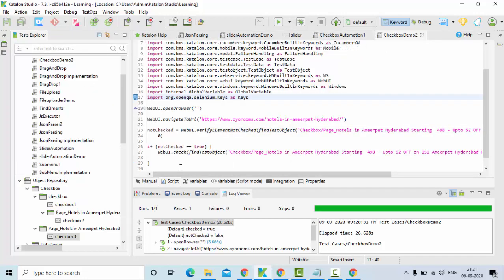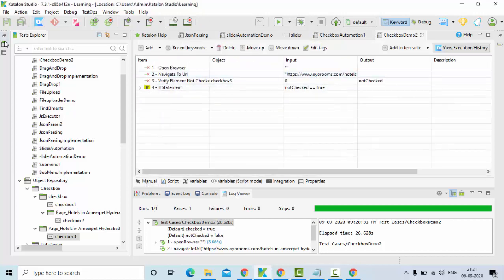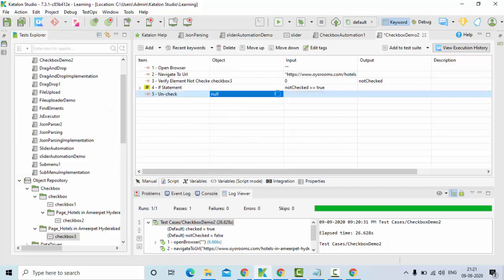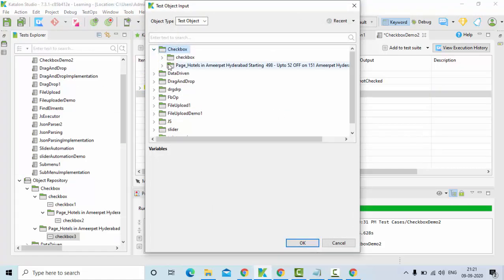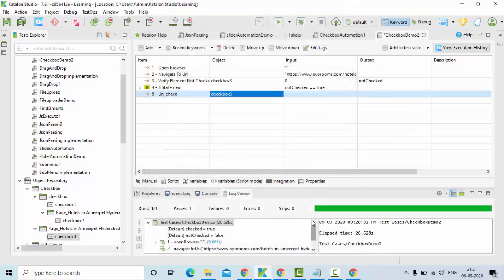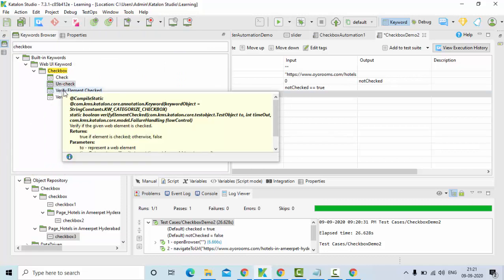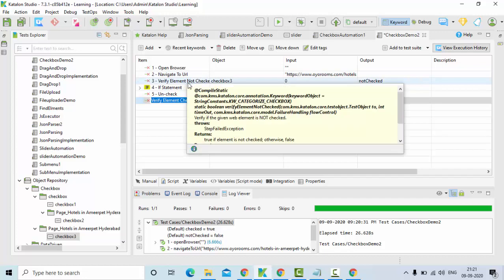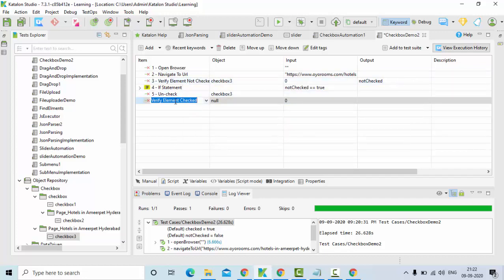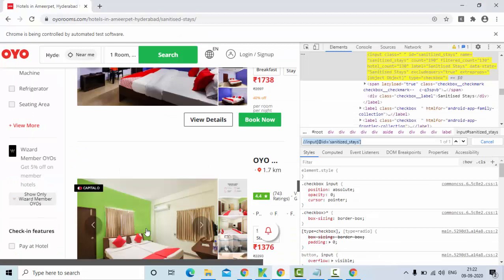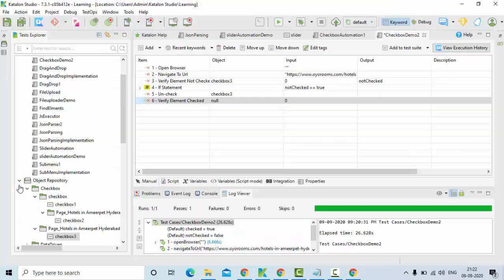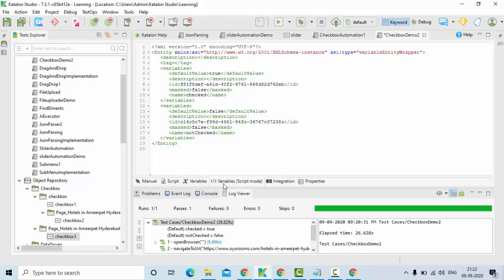So go to the manual mode. First you drag this uncheck and give this checkbox. This I am going to modify also. Then verify element checked. Previously I have used verify element not checked, right? So obviously the element is checked here, so it will return true. So my boolean value is also true, right?